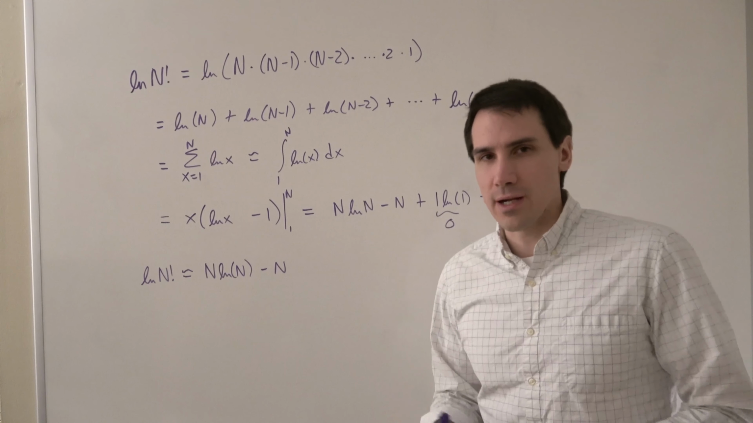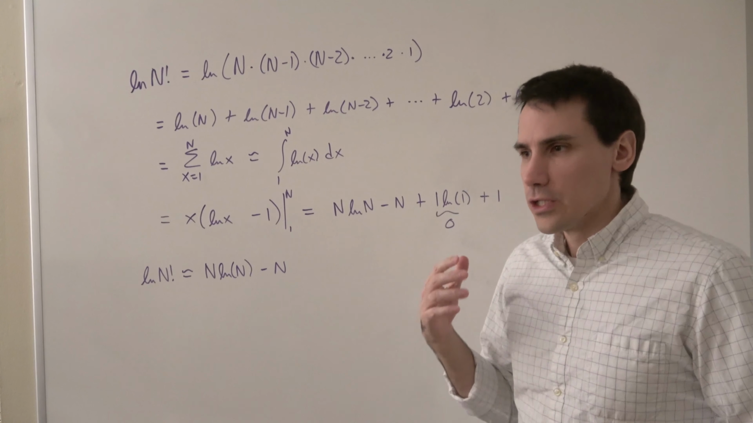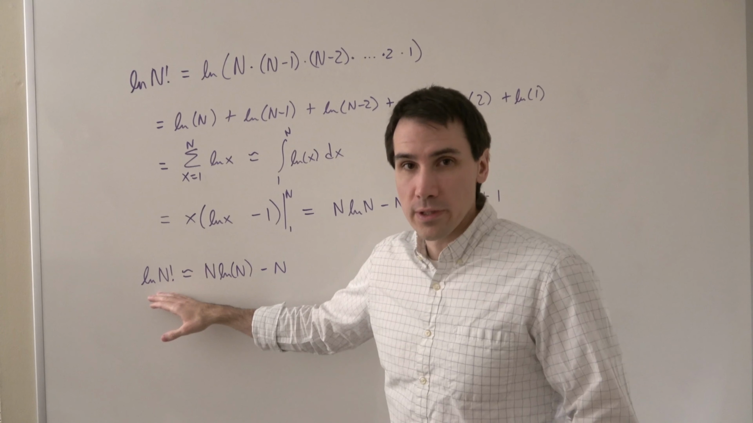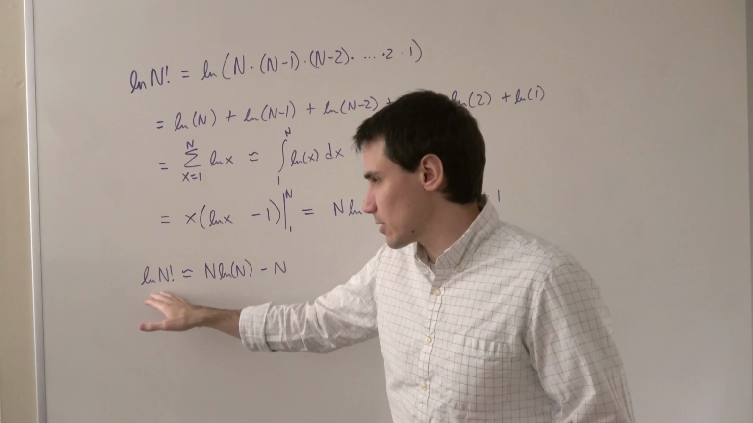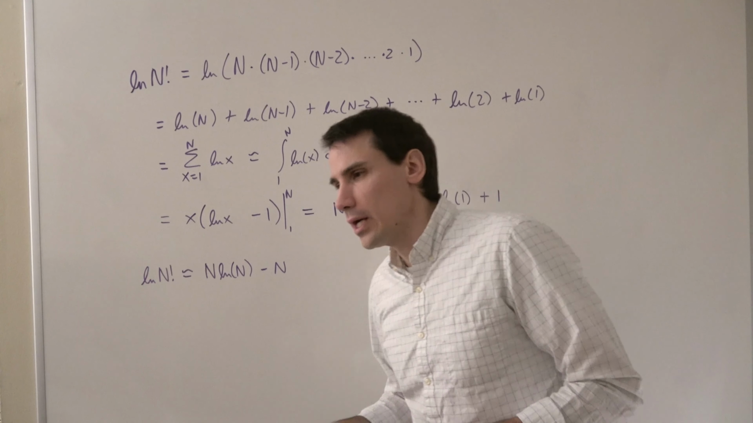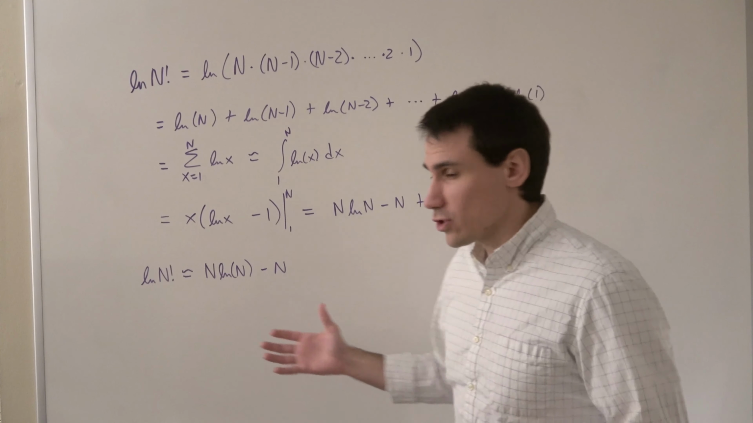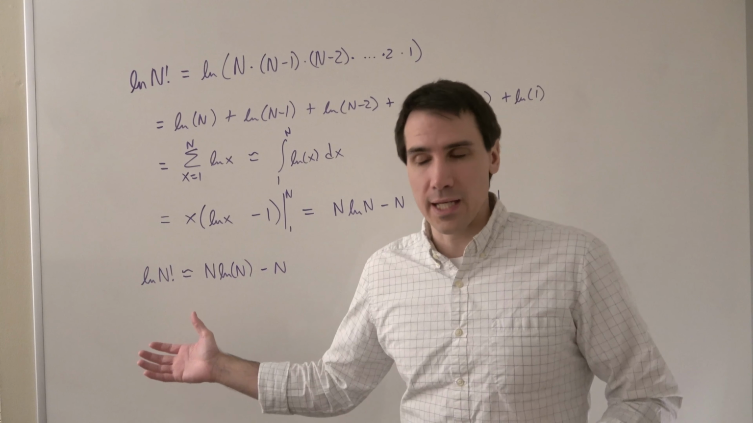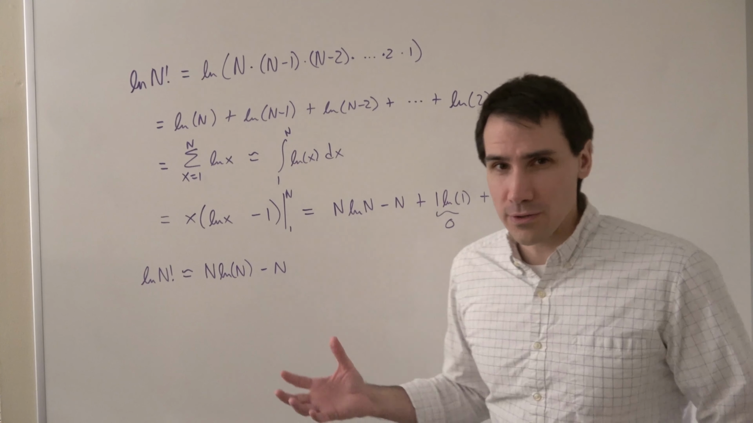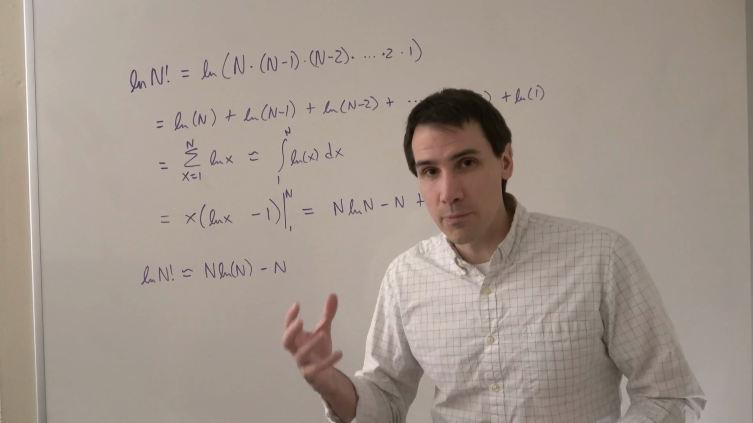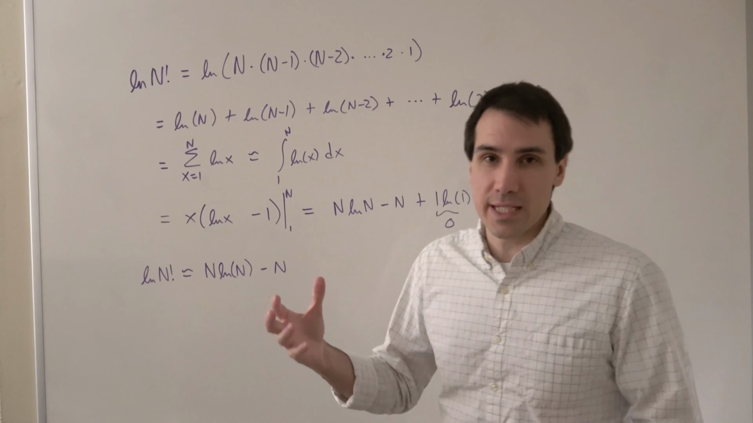In this video, we're going to talk about Stirling's approximation. Stirling's approximation is a way of approximating the factorial of a number, or in this case, the natural log of the factorial of a number. The reason that Stirling's approximation is nice is factorials show up all the time in statistical mechanics, and they're pretty hard to work with. And so what we would like to have is a simple form that we can replace